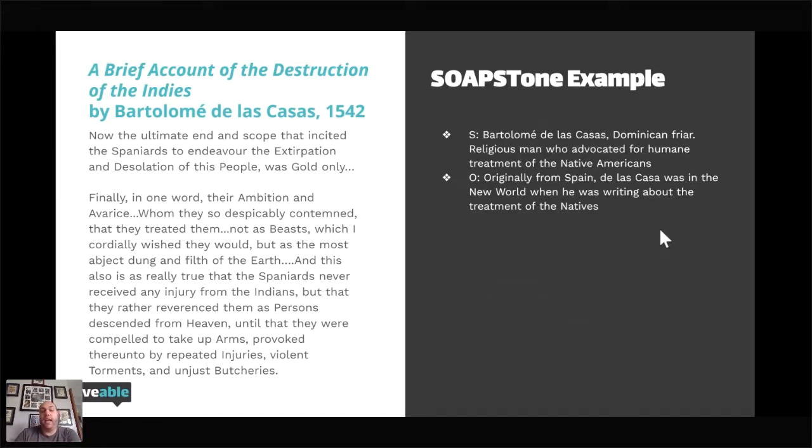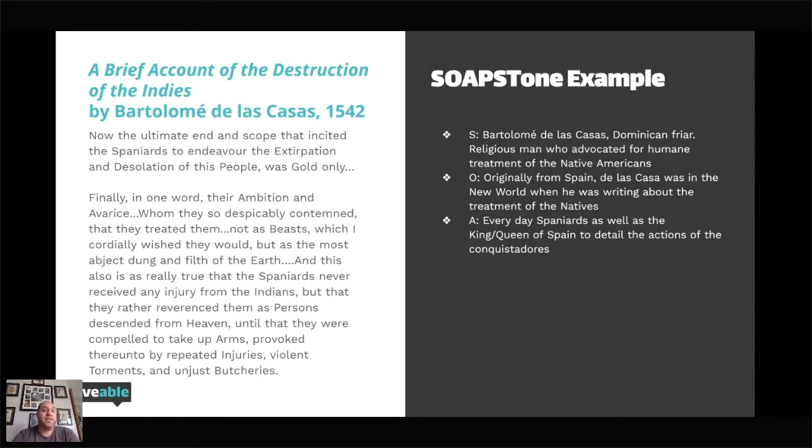All right. The audience. For this case, I would say that you have a dual audience here. Even though the average Spaniard might not be able to read, this is still being written for the average Spaniard, the everyday Spaniard who is going to decide to make that trek across the Atlantic to the New World. De las Casas is going to want to convince them, hey, don't come here as a destroyer. Treat these people humanely. They are humans. They are the children of God. They are, just like us. They need guidance like a child does.